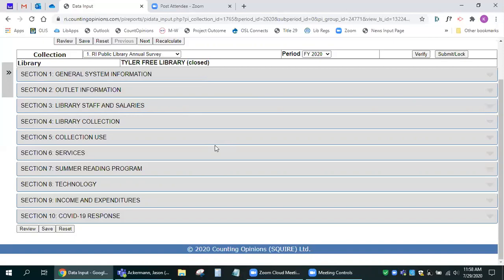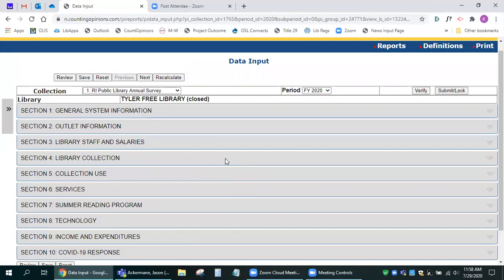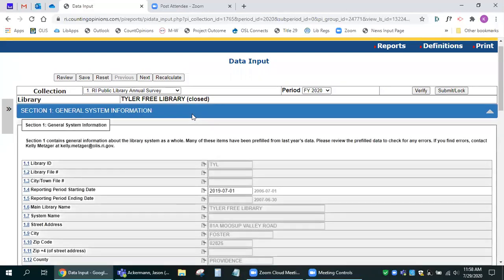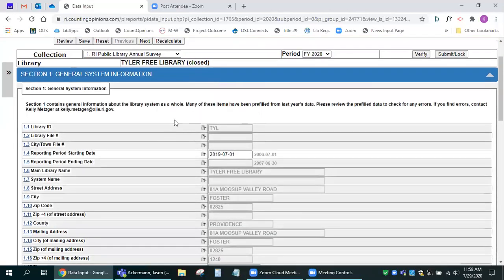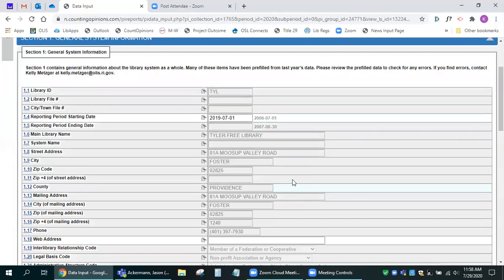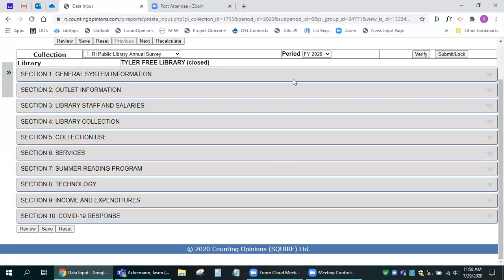And so that is some of the real basics of entering data, the valid entries, making sure that you add the notes where necessary, and remembering that these previous year values are just for your reference, and even though they may be there, they do not take the place of the current year value, and you do need to provide a response for every question.